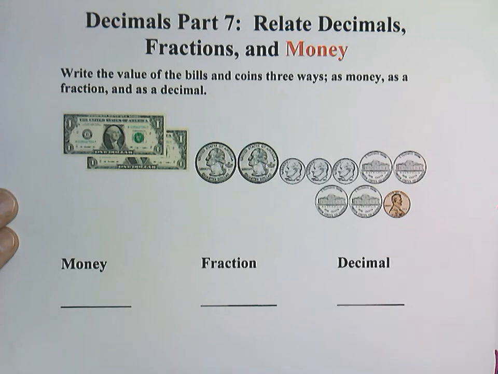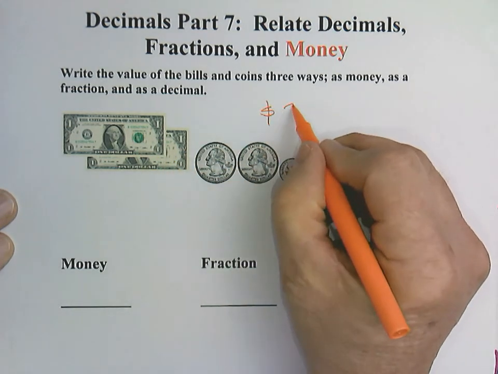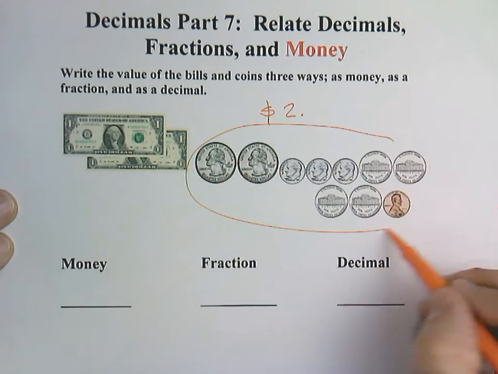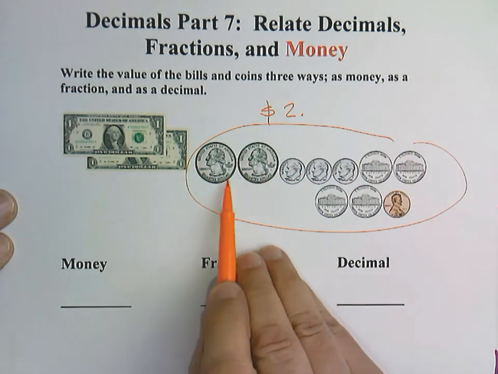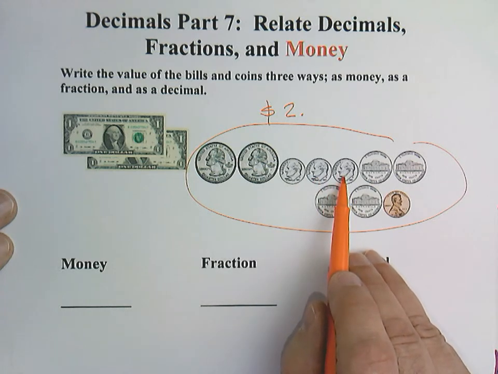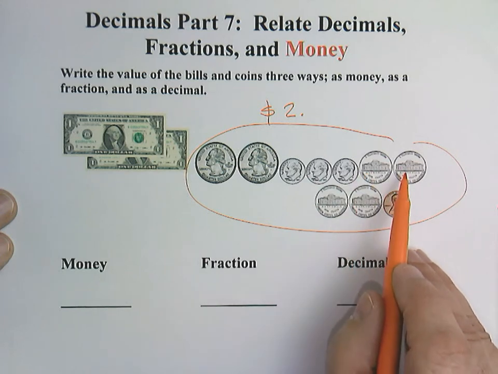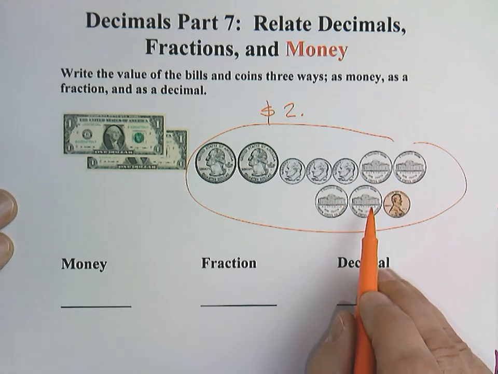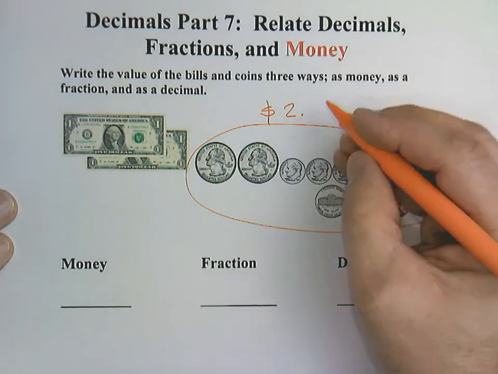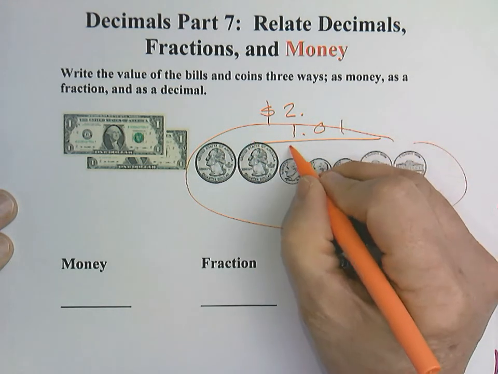Write the value of the bills and coins three ways: as money, as a fraction, and as a decimal. All right, how'd you do? I'm seeing $2, and then in our change, I'm seeing 50 cents, 60, 70, 80, 85, 90, 95, $1, 101. So I'm really adding, I gave you guys the hard one, right? That would be